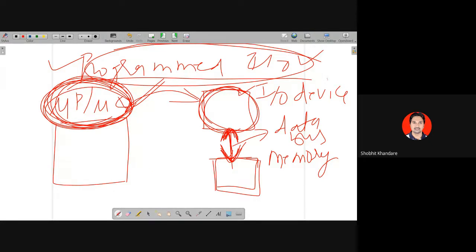ओके. अब ये इसमें क्या होता था, सीपीयू अगर माइक्रो प्रोसेसर माइक्रो कंट्रोलर उसका कुछ खुद का काम कर रहा है, if microprocessor is busy with carrying out some of the operation of its own, then every time it has to stop for doing its operation and it has to check the status of IO device. Okay, now this is the repeatedly checking for the device कि वो ready है या नहीं है. So this can be overcome in